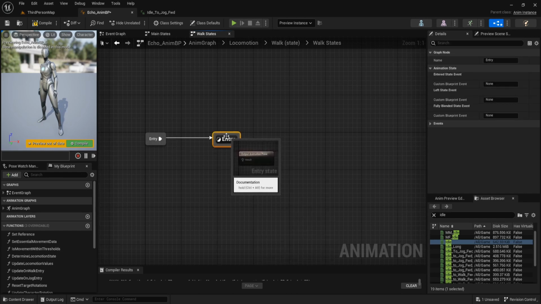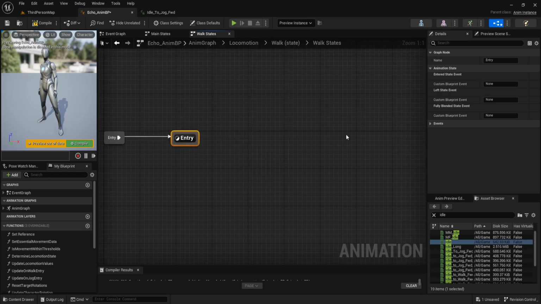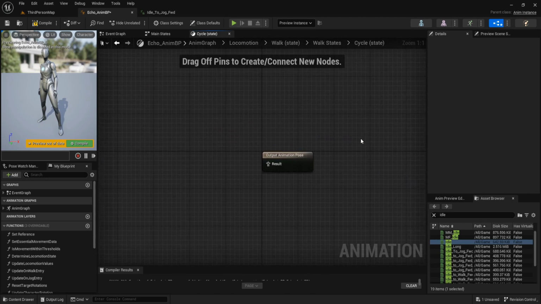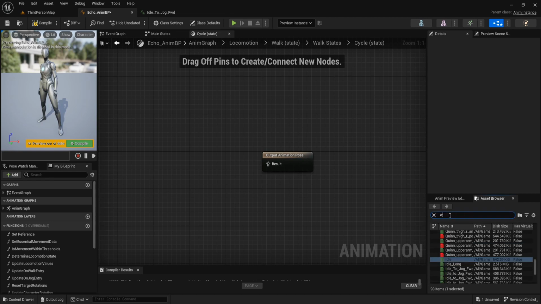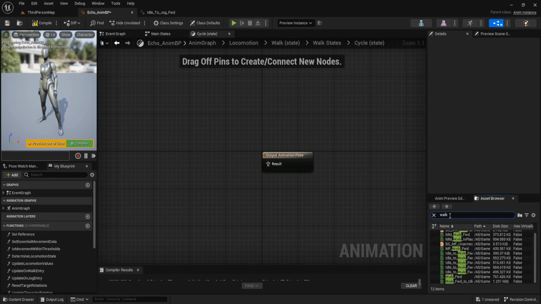Inside this int3, we don't add any animation. And then add state. Name it cycle. And open this cycle. Search for walk forward animation. This walk forward.